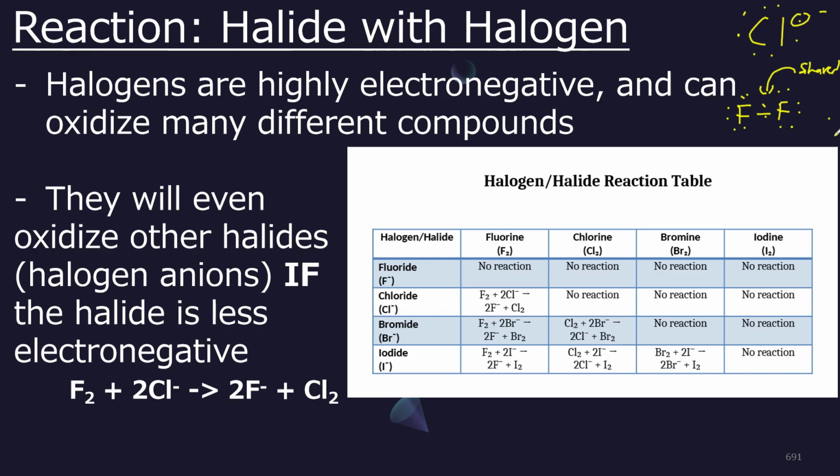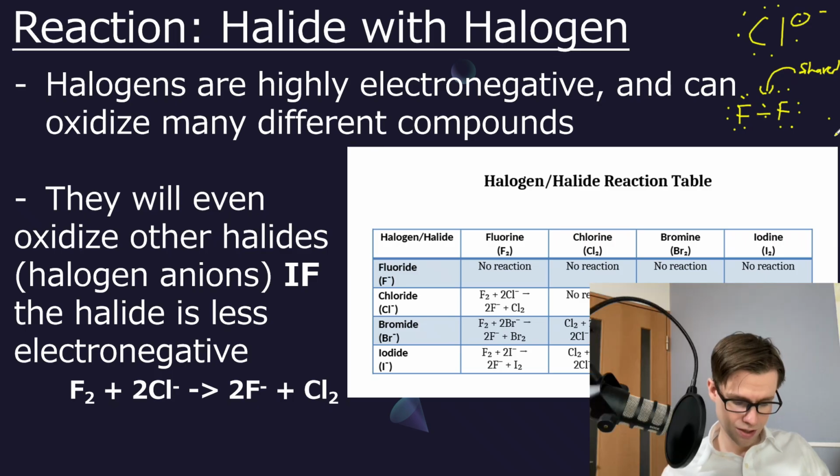Okay. So then you can see this pattern follows. Bromide will react and give its electron to fluorine, and it will react and give its electron to chlorine. But with bromine or iodine, no reaction. With iodide, this will give its electron to any other halogen, gives it to F2, to Cl2, to Br2, but mixed with iodine, I2 itself, no reaction. So very important to familiarize yourself with this type of reaction. Halogens exchanging electrons to form pure elements versus anions. Very common paper 1 question, I would say. Okay, let's move on.